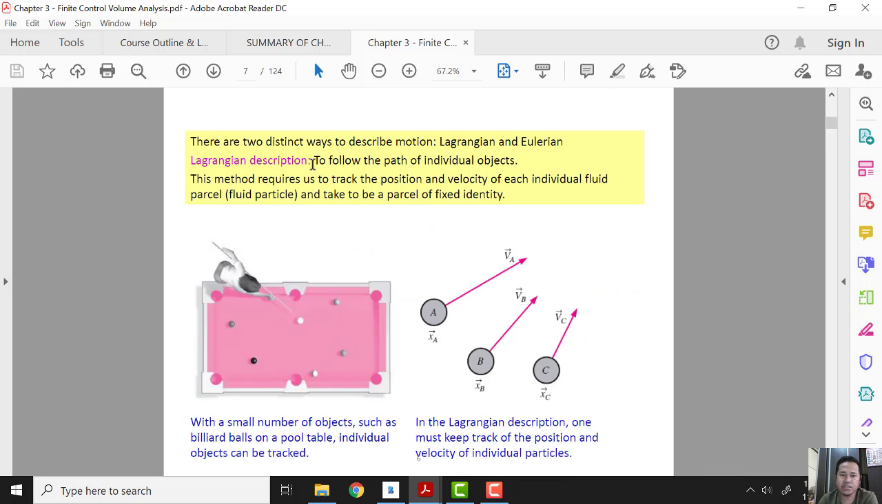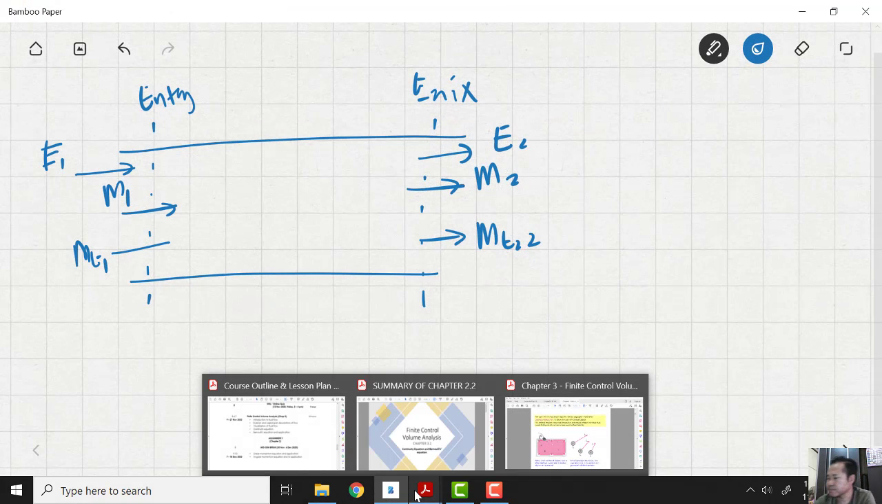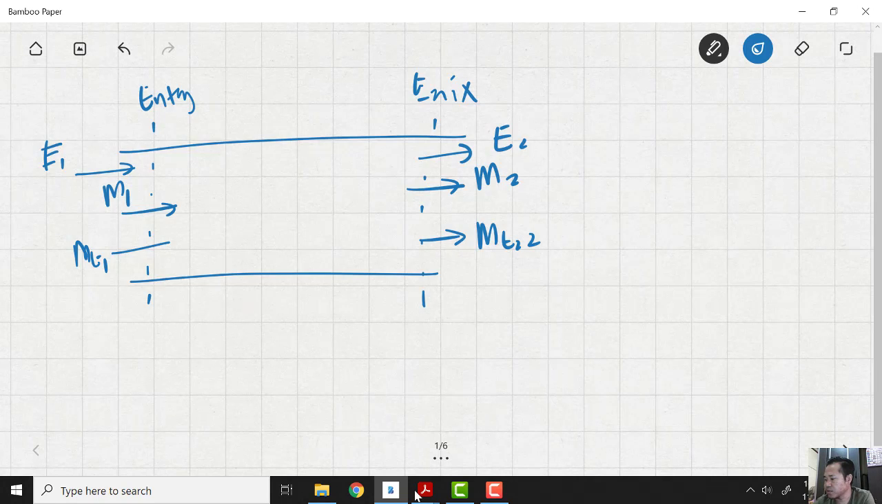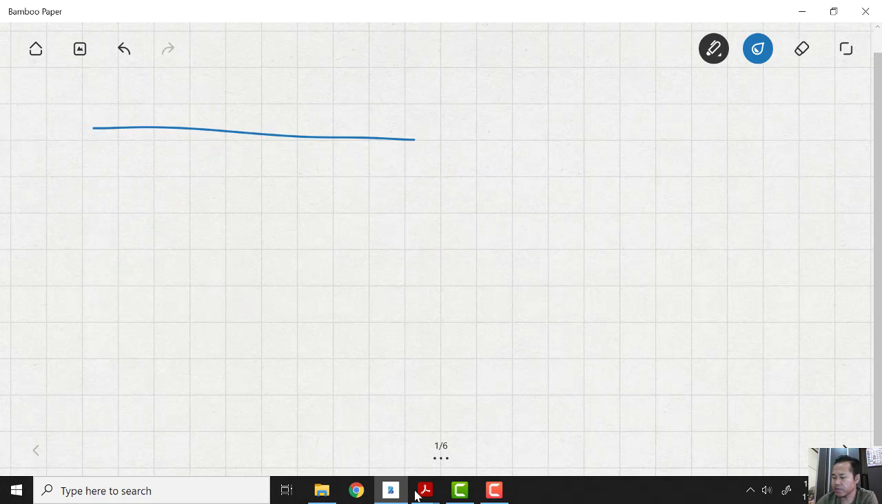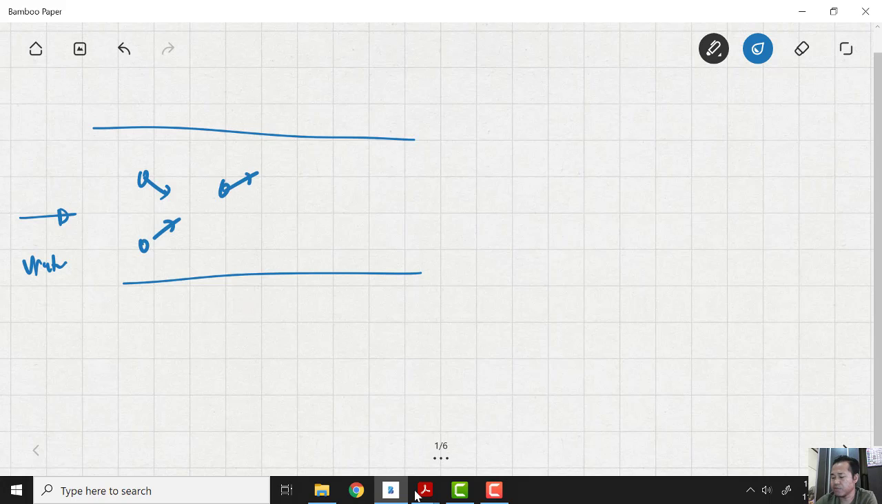The Lagrangian description is to follow the path of an individual object. This method requires us to track the position and velocity of each individual fluid particle, taking each to be a fixed entity. For example, we have the same pipe here, with water flowing inside. Inside the water, we have millions or billions of particles with individual